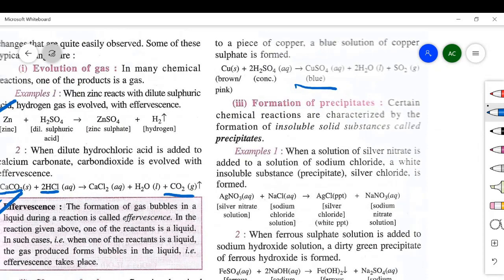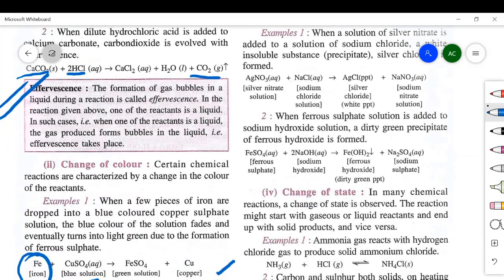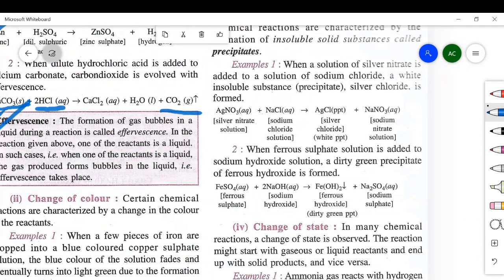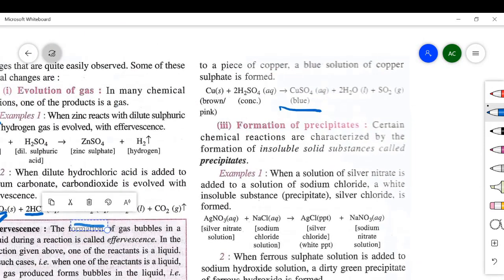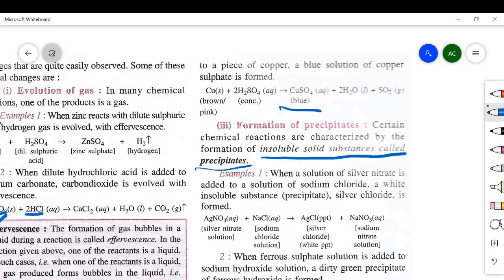Then formation of precipitate. So what is a precipitate? You all know, the insoluble solid which is formed is known as precipitate. कुछ सॉलिड सा दिखाई देता है, इनसॉल्युबल सा, कर्ड्स जैसा नीचे जमा हुआ दिखाई देगा. जब रिएक्शन खत्म हो जाएगा तो वो जो प्रेसिपिटेट होता है उसको इनसॉल्युबल सॉलिड सब्सटेंस कहते हैं, और वो कई बार रिएक्शन में फॉर्म होता है, और उनके डिफरेंट कलर होते हैं. वाइट कलर होता है, येलो कलर होता है. तो अभी हम देखेंगे एक एग्जाम्पल, ये भी एग्जाम्पल यू हैव स्टडीड इन क्लास 8.